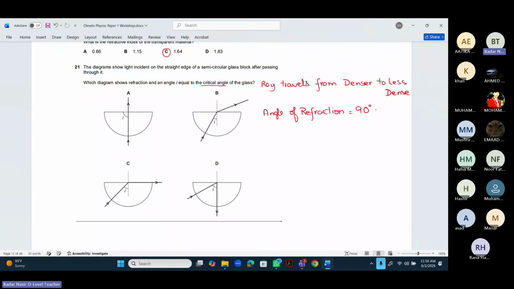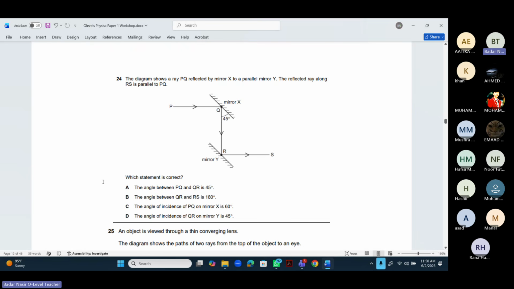So आपका जो angle of incidence होता है, that is called as the critical angle. So ये वाली जो है, this refracted ray makes an angle of 90 degree, तो ये critical angle को ये represent कर रहा है। So 21 का C है।